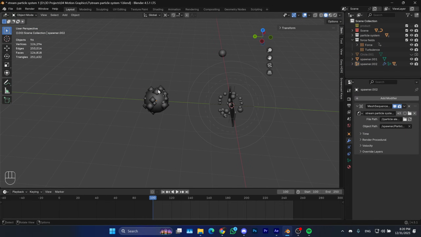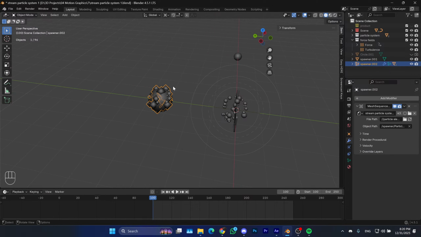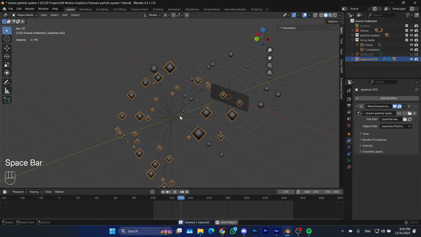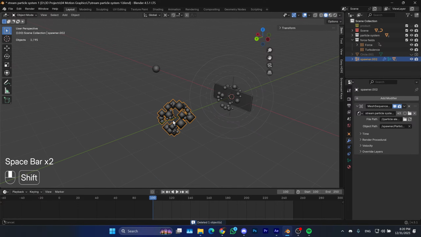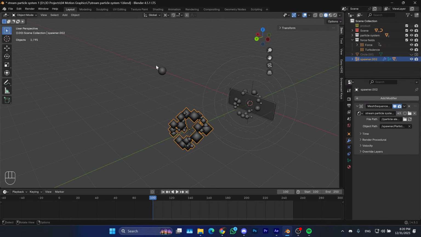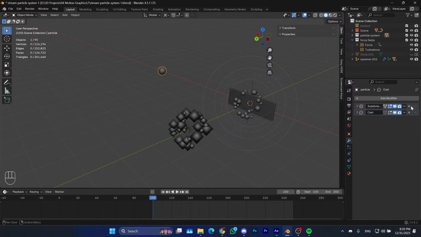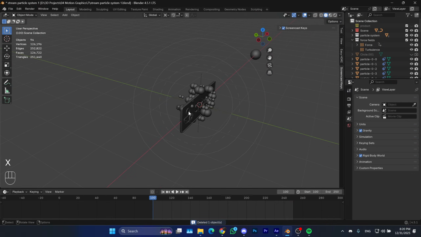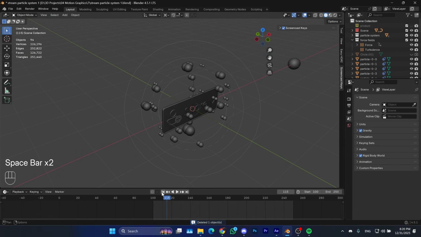So the reason why it looks so messed up like this, and this is the particle system instance. The particle system is different from the spawner itself. So we can delete this and leave that, and that's going to be the system itself. The reason why it looks so messed up right now is that this ball had the modifiers on it, but we didn't apply it, and we also didn't choose in the settings to apply it. So let's just,